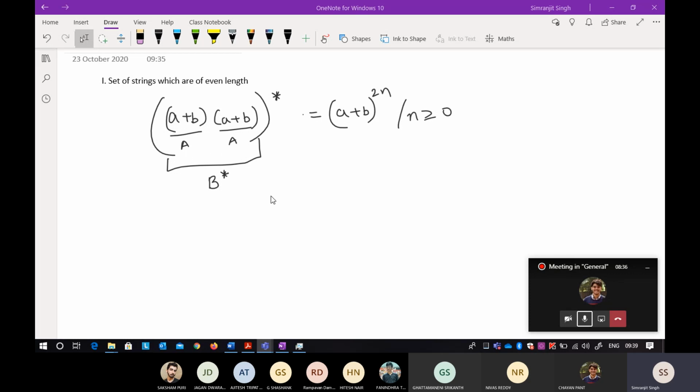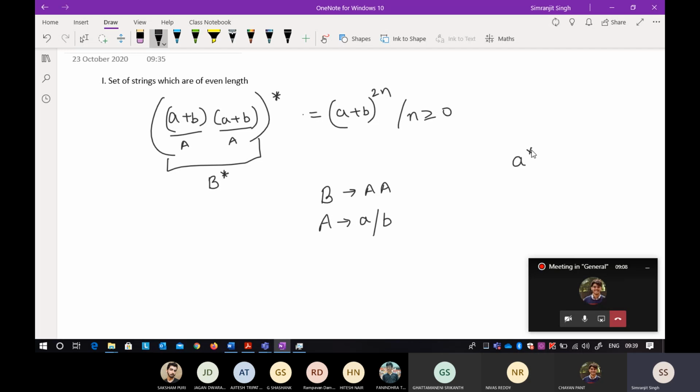Okay, so I know that if I define this variable as A, now what will my A be? It will be small a or small b. So I can write it like this, small a or small b. Okay, so now this is how my A is completed, and I need another variable to reach it from. This is two A's, and I can take it to the variable B. So I am taking a B, and then there are two A's. Okay, so now it is B raised to the power star.